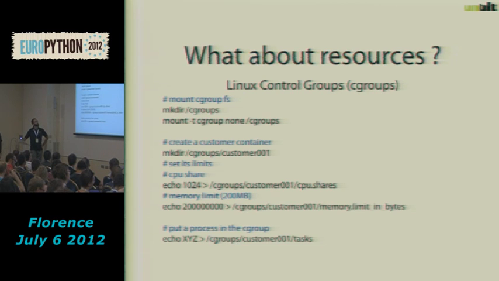What are Linux control groups, cgroups? More recent Linux kernels support a special file system in which you can create containers. So I decide that a group of processes goes in that container and will be limited in memory, CPU, whatever you want. To use it, you simply mount the cgroup file system in a directory of your choice. And to create a container, you simply create a directory in that file system.